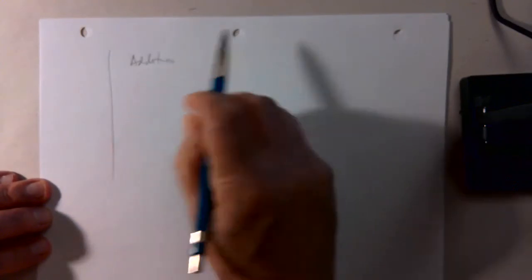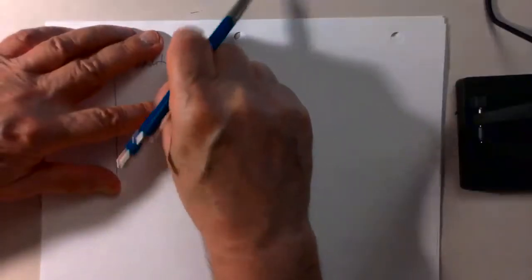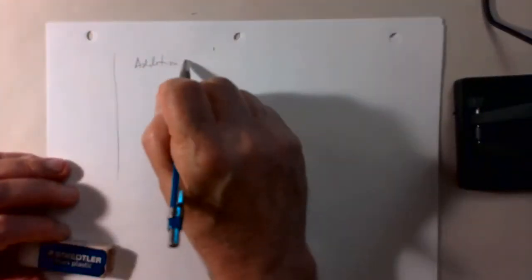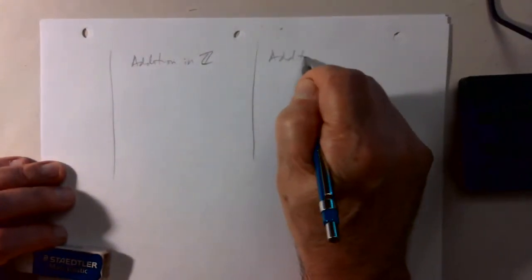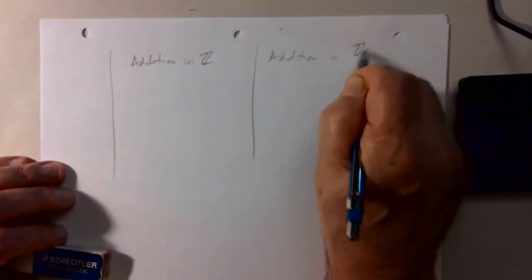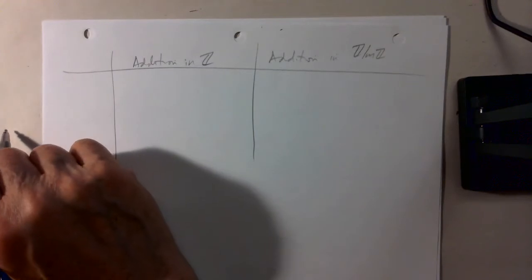Now, addition of integers and addition of congruence classes share certain properties. So let me make a little table. Addition of integers, or I should say addition in the set of integers. And I want to list also properties of addition in the set of congruence classes mod m. So the first property that both of these addition operations have